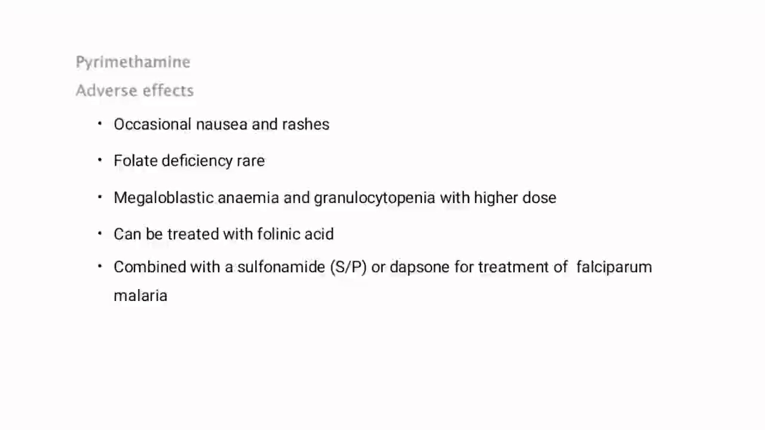adverse effects like occasional nausea and rashes, and folate deficiency. The folate deficiency is rare, not very common, and it happens when some amount of folic acid is given to the patient. Then megaloblastic anemia and granulocytopenia with higher dose. If we use a higher dose than prescribed, this could happen, and it can be treated with folic acid to overcome this ADR. Then